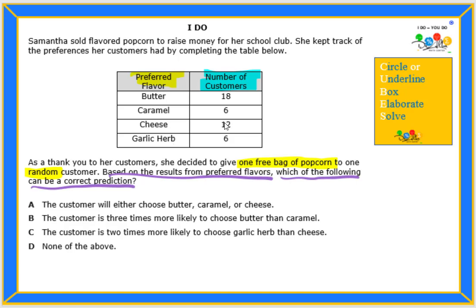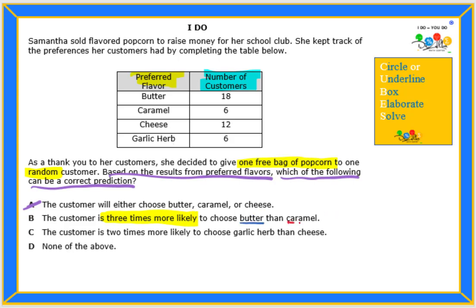What if the customer wants garlic herb? He will be able to get it. So this is not true because we're missing garlic herb. We don't know what the customer wants to choose. So letter B says the customer is 3 times more likely to choose butter